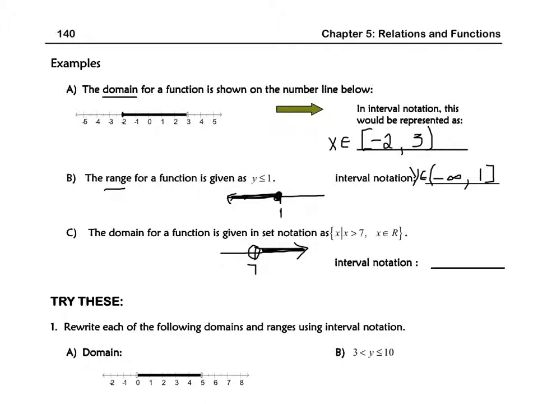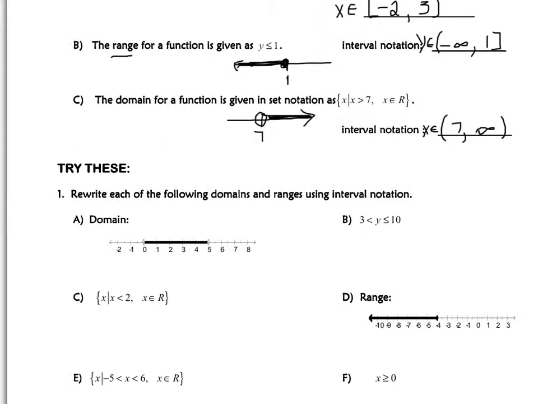So your left endpoint would be the 7, and your right endpoint would be on forever, so infinity, with a round bracket around infinity, and a round bracket around 7, because 7 is not included. And again, if you want to indicate that it is domain, you can put x belongs to in front of it. So if we try the examples down here,